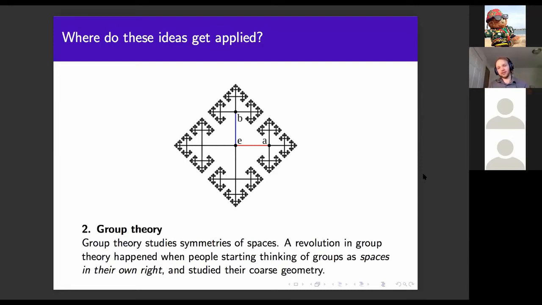We think we understand finite groups because 10,000 pages worth of papers have convinced us that we understand finite groups. That's debatable. But what we're interested in now is understanding infinite groups. And if you want to understand infinite groups, you need to understand how they look from a distance. So it's really powerful to be able to use things like coarse geometry to study groups from a geometric point of view.